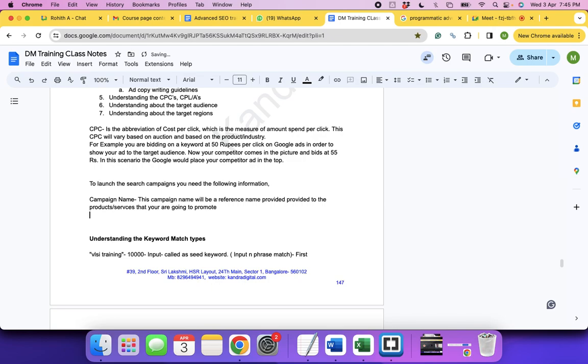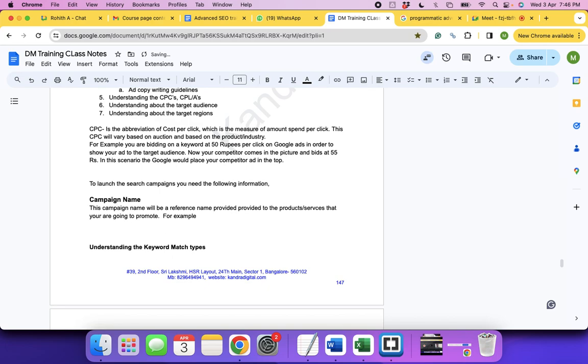Okay, for example, I'll show it to you. Campaign name, for example, I'll write it as digital marketing search. This is going to be my campaign name. Okay, so at the campaign level,